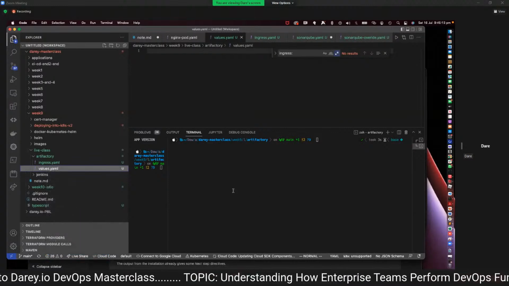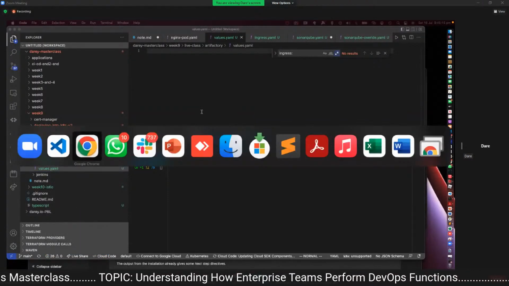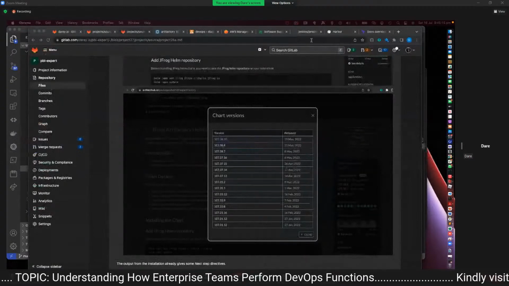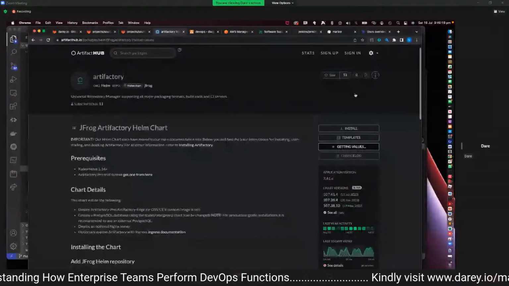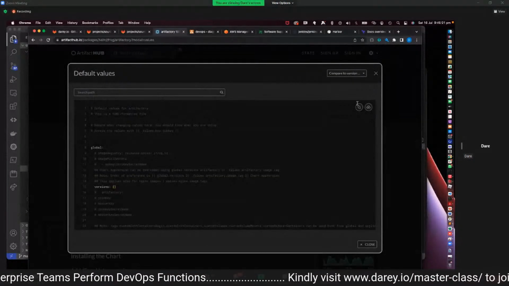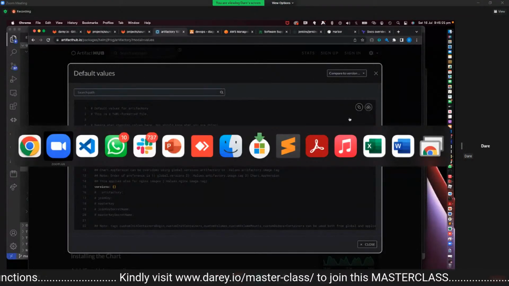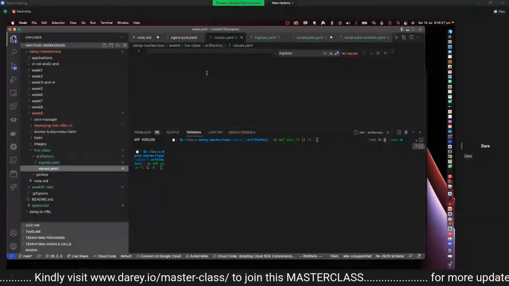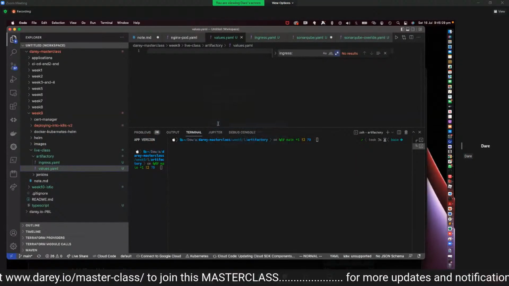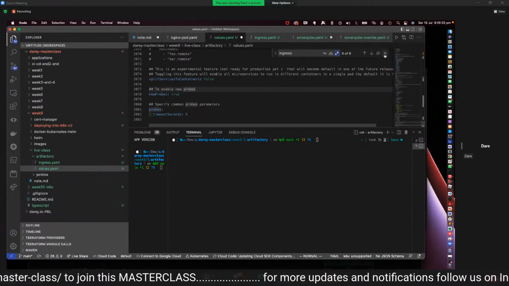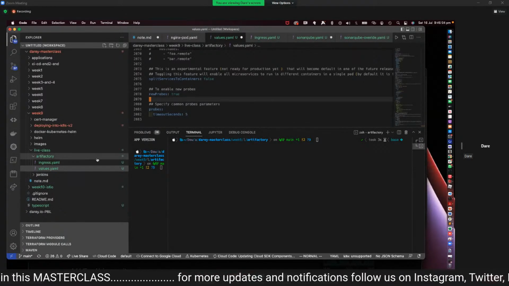Okay, so what we'll do is let's download this. So we'll go to Artifactory. Let's get the default values, and then I can just copy everything. So I've copied everything to clipboard there, and then I will just paste it here. Okay, so it's the same values file we had before, but rather than